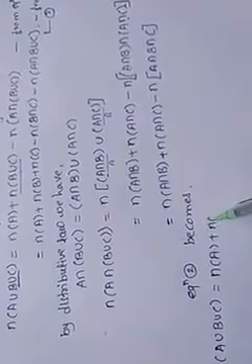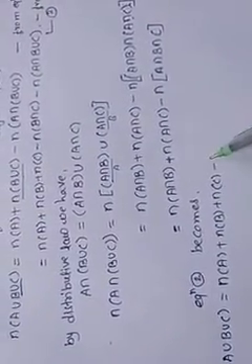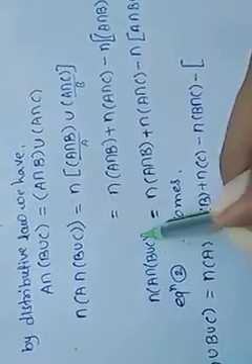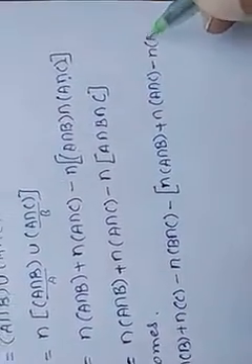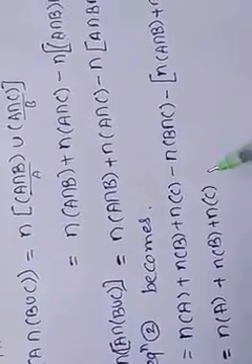Okay, n of A union B union C is equal to first terms as it is n of A plus n of B plus n of C minus n of B intersection C minus into bracket, okay, minus n of A intersection B union C, which we have got here, which gives n of A intersection B plus n of A intersection C minus n of A intersection B intersection C. Okay, now removing the bracket, we get n of A plus n of B plus n of C minus n of B intersection C. Here plus minus minus n of A intersection B, again plus minus minus n of A intersection C, minus minus plus n of A intersection B intersection C.